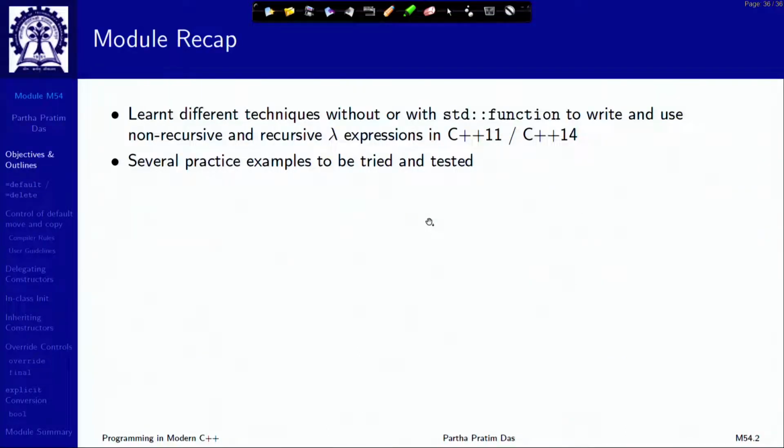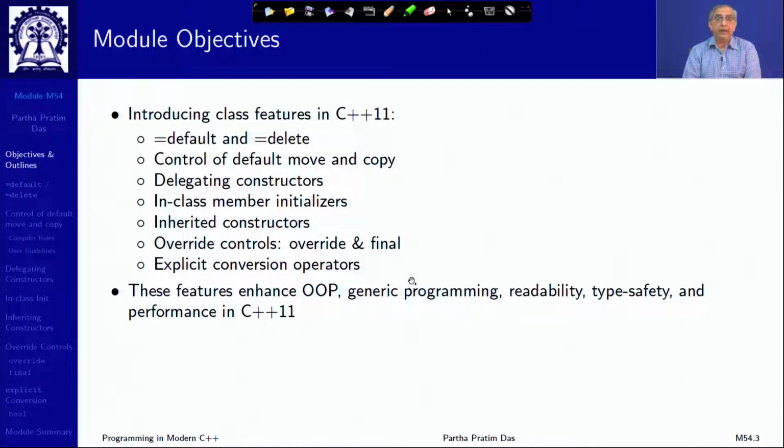In the last module, we talked about different techniques, using or without using std::function, to write and use non-recursive as well as recursive lambda expressions in C++11 and 14. We have learnt about generic lambdas, we have learnt about generic capture, and we have left several practice examples that you should try and test out. With that, the general features of C++11 we have now completed discussing, and in the current module we